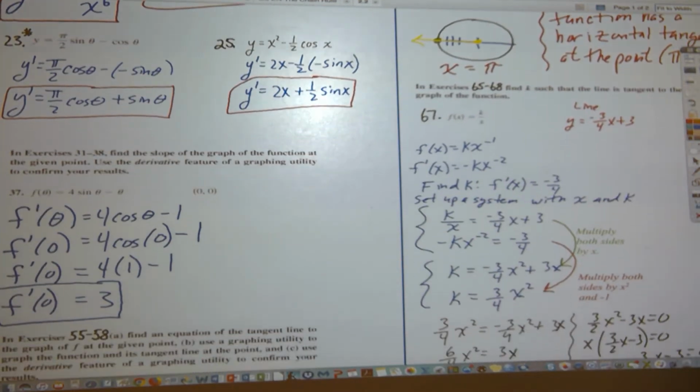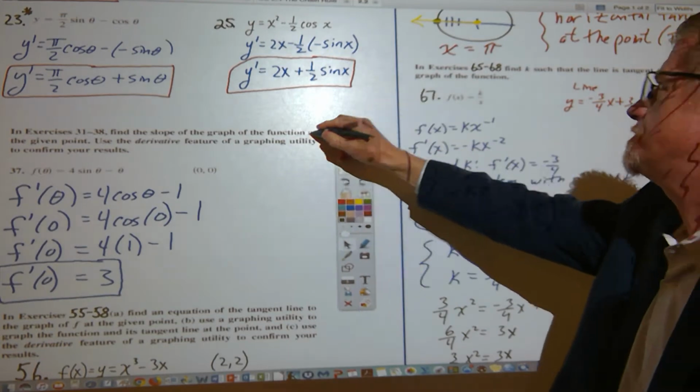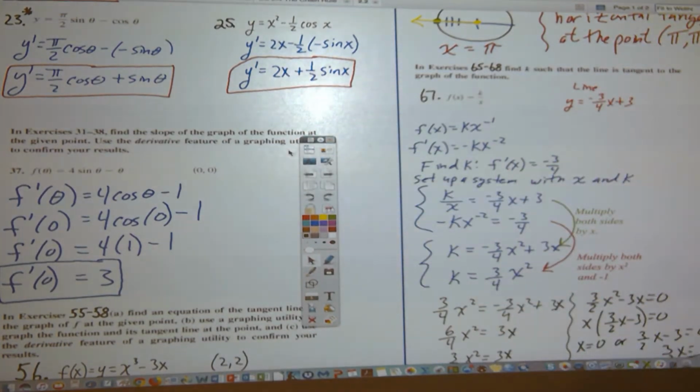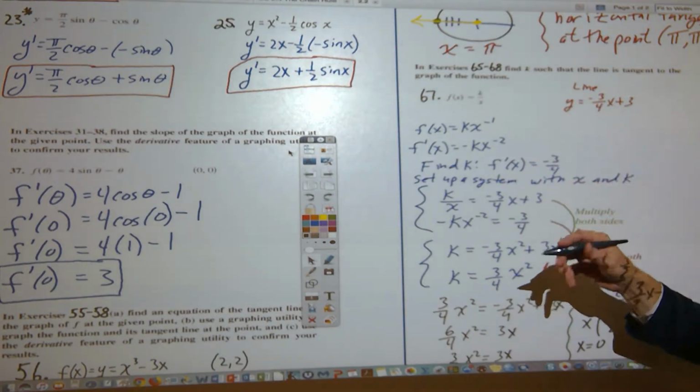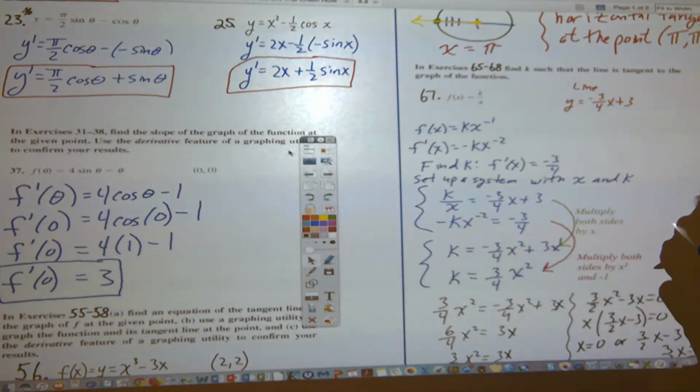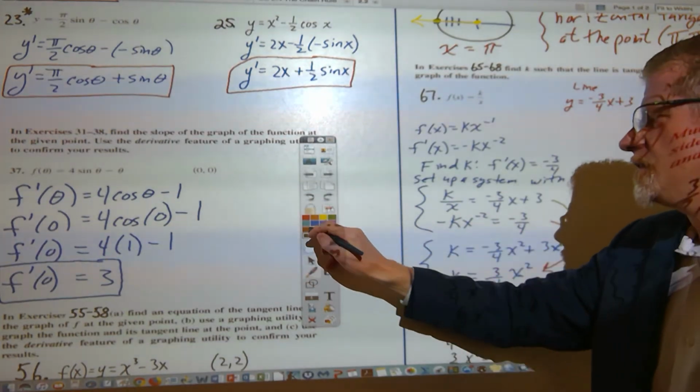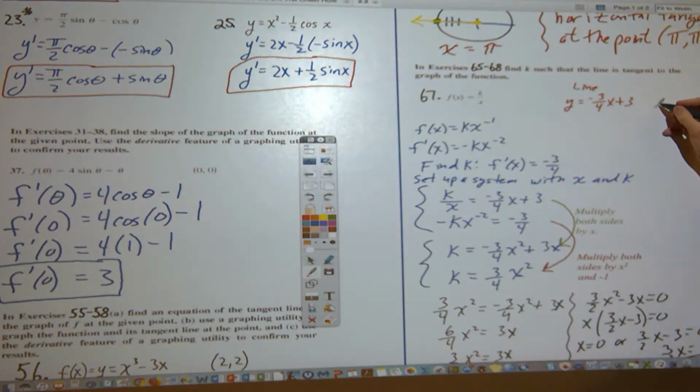Here it is. So just to give you a quick talk through number 67, it said, find k such that the line is tangent to the graph of the given function. So we have a function y equals k over x, and keep in mind that if k is a positive number, then the graph of k over x is going to be that of a hyperbola. It's a hyperbolic graph, and since we want